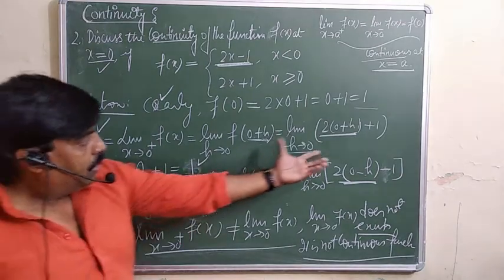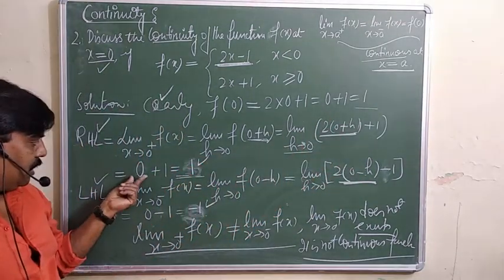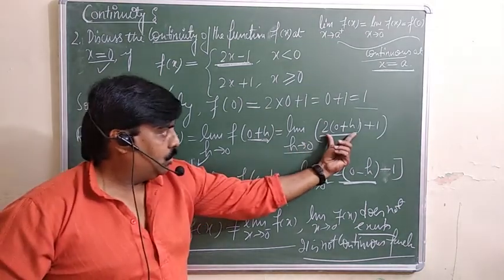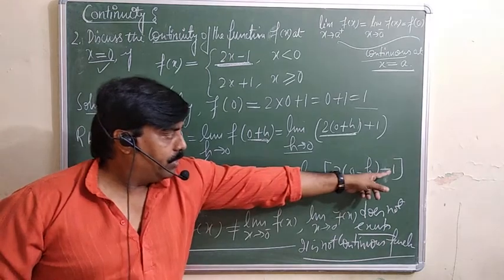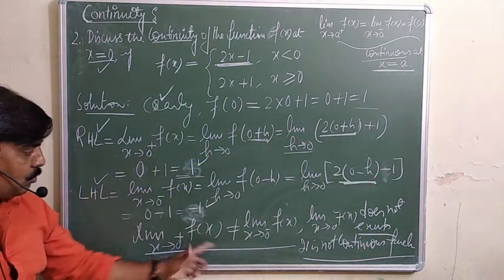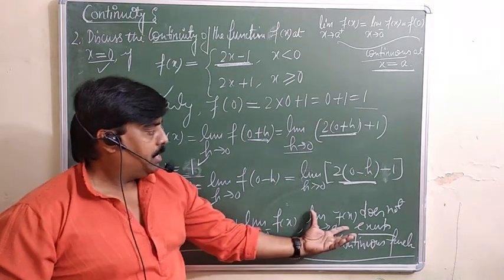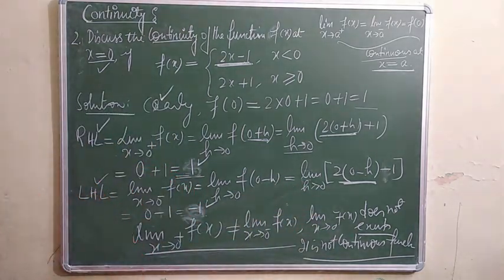But one thing to keep in mind: during calculation you should be very careful. Where we were making mistakes, that is actually 0 you are putting, so this whole term is 0. Here we will get minus 1 and there you will get plus 1. So left hand and right hand limits are not equal. It means the limit does not exist. Then the function is not continuous. Have a look.